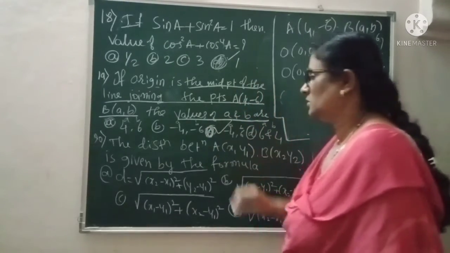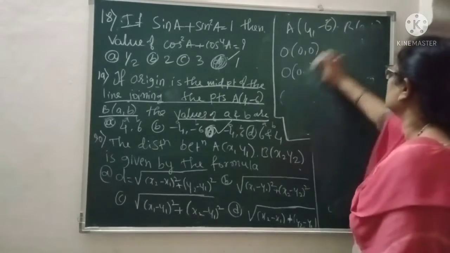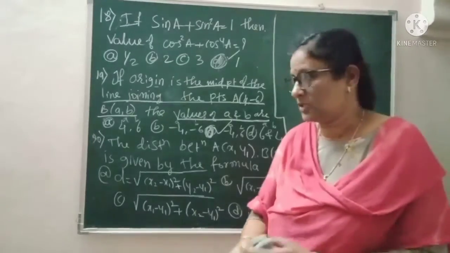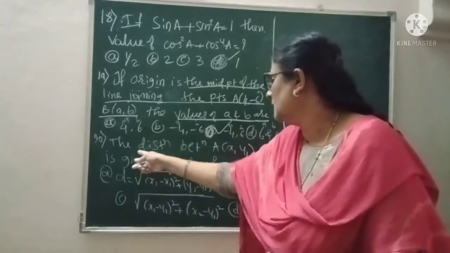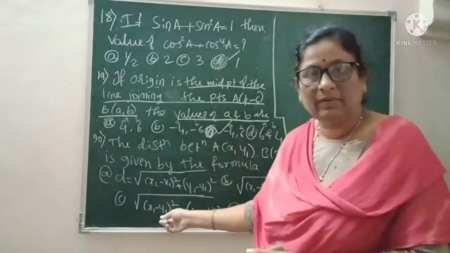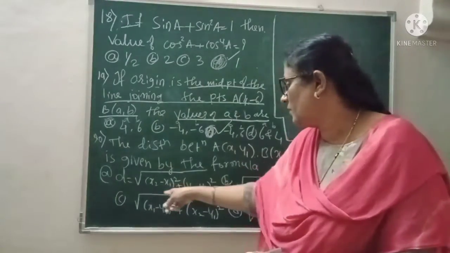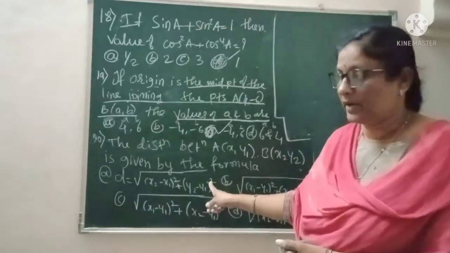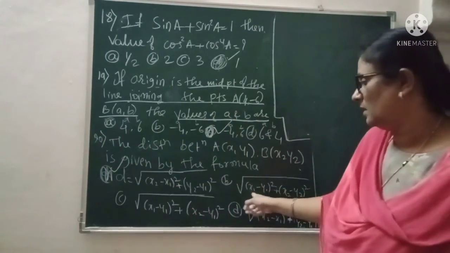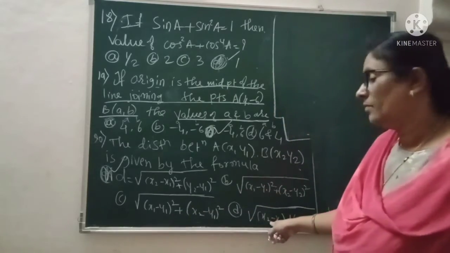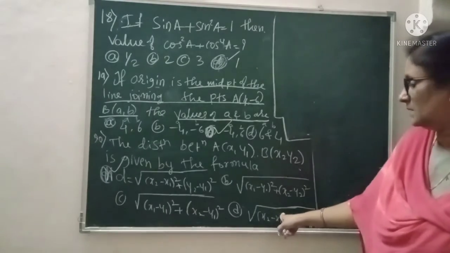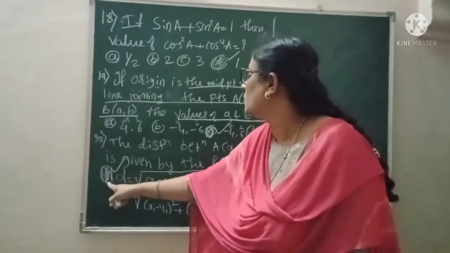This way you have to solve. Now look at this one, very interesting and simple. Everyone can do it when you have the distance formula. Everyone expected this question. The distance between the points is given by this way or this way, as in the previous lesson also. The square root of x2 minus x1 bracket square plus y2 minus y1 bracket square is the correct option. B is not correct. Even C is not correct. And in D you have x2 minus x1, but it is without square. So in a hurry, don't make a mistake. And the correct option for this 20th question is A.